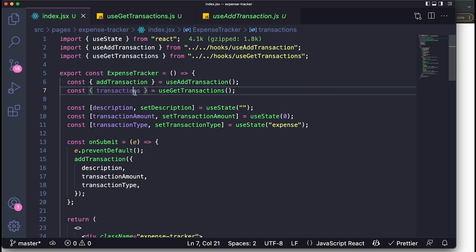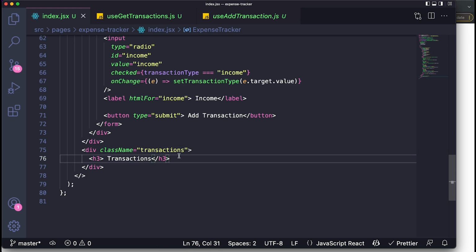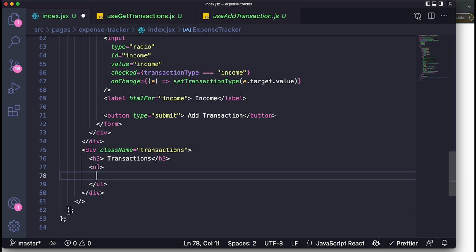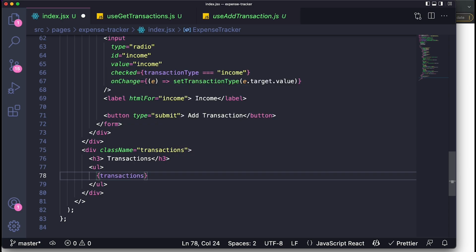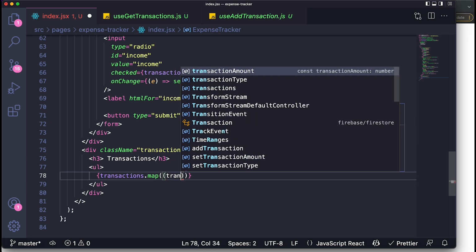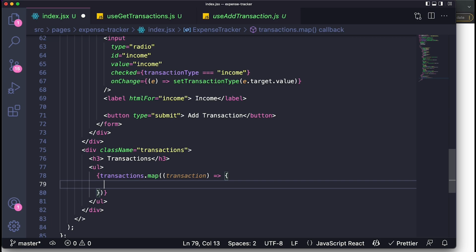And with this, what I can do is I can come over here at the bottom, right over here, and below the transactions, I want to add a list, an unordered list for each transaction. So for each transaction, I'm going to loop, right? I'm going to say transactions.map. So we're going to loop through the list, and we're going to grab an individual transaction. Then we're going to return back for each transaction